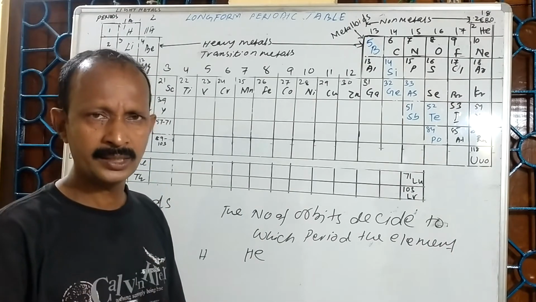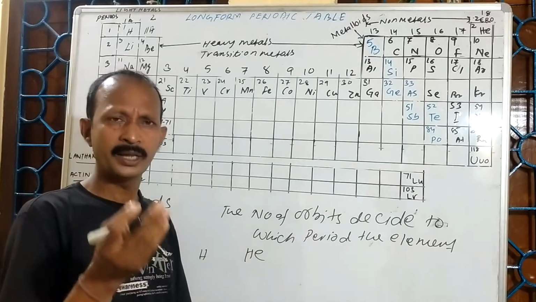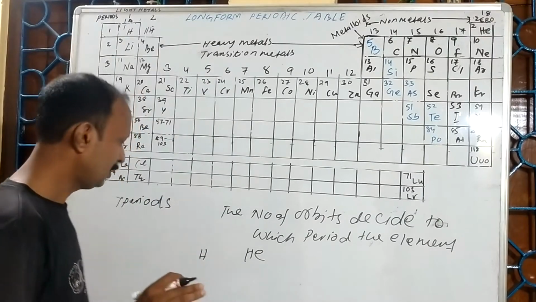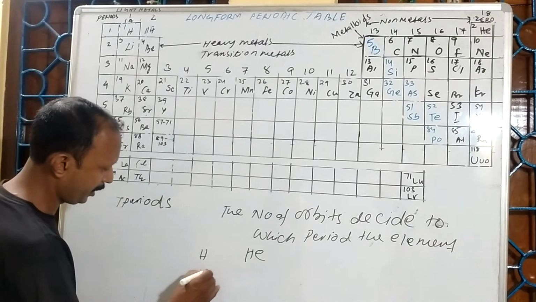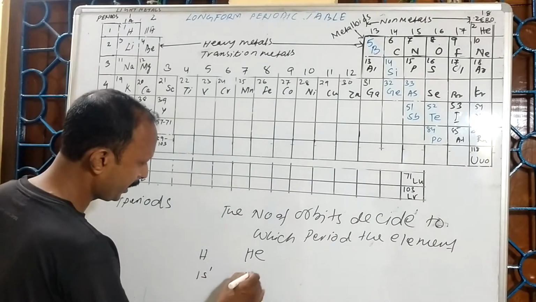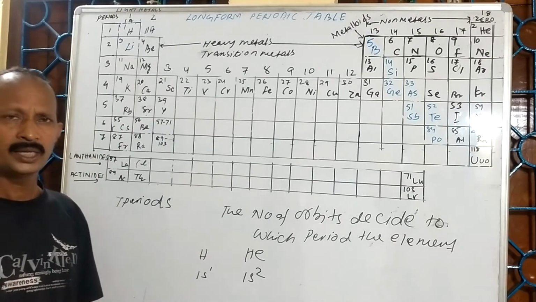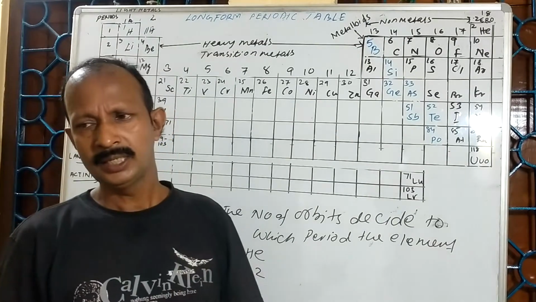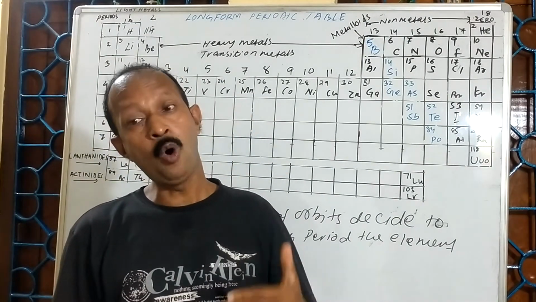So their main cell number represents the period. This electronic configuration I can write as 1s1, 1s2. That means in a period, the number of elements depends on how electrons